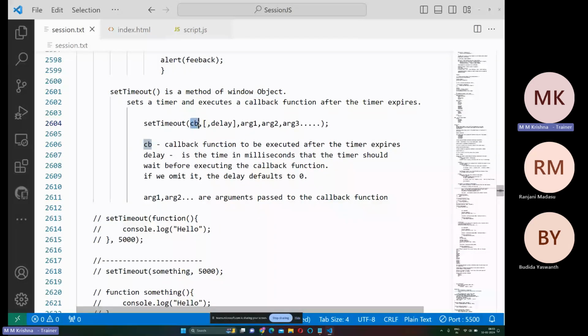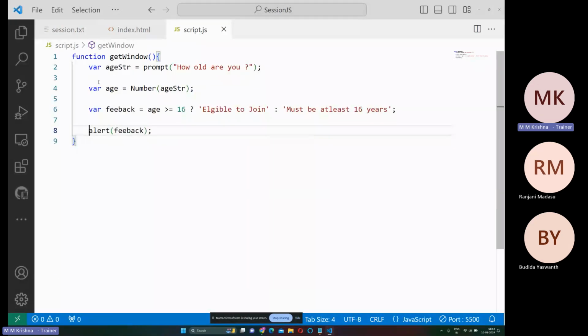setTimeout is the one which takes a callback function, CB meaning callback function, and a delay in milliseconds. So the delay is the time. How much time after which you want to execute this particular code, you have to mention in milliseconds, that the timer should wait before executing the callback function. And if we omit it, it will be taken as zero by default, and it will execute immediately. So for example over here,